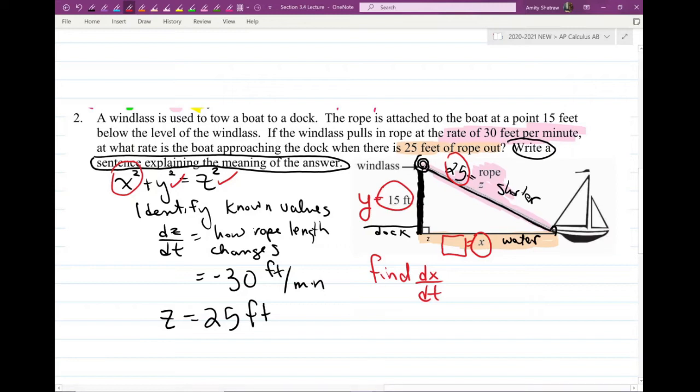And by the way, what rate is the boat approaching the dock? That is dx dt. Okay, that's the rate of the boat. It's the rate of the horizontal approach. Now, is that changing at 30 feet per minute? No, it's got to be changing at a slightly different number because it's on a different axis, okay? But it does have a relationship, and so I should go ahead and try to find